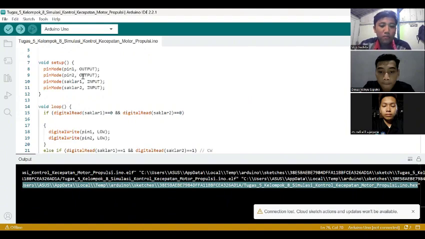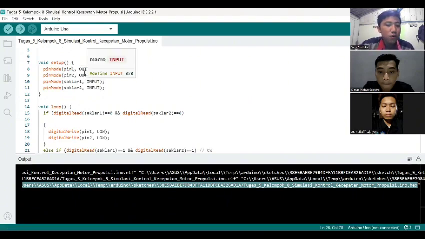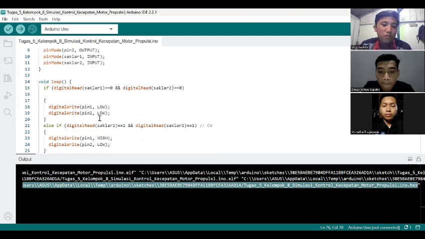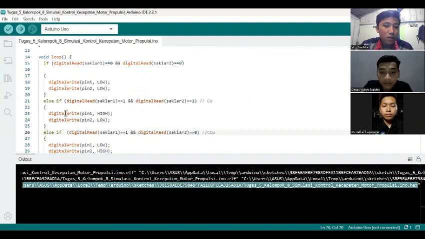For the setup section, we set the pins as input or output. Pin 1 is output, pin 2 is output, sensor 1 is input, and sensor 2 is input. And void loop runs the program constantly. If digitalRead sensor 1 is low and digitalRead sensor 2 is low, then digitalWrite pin 1 is low and digitalWrite pin 2 is low. And if digitalRead sensor 1 is high and digitalRead sensor 2 is high,